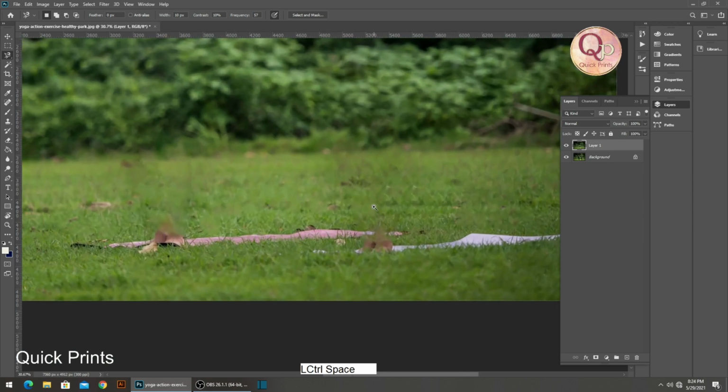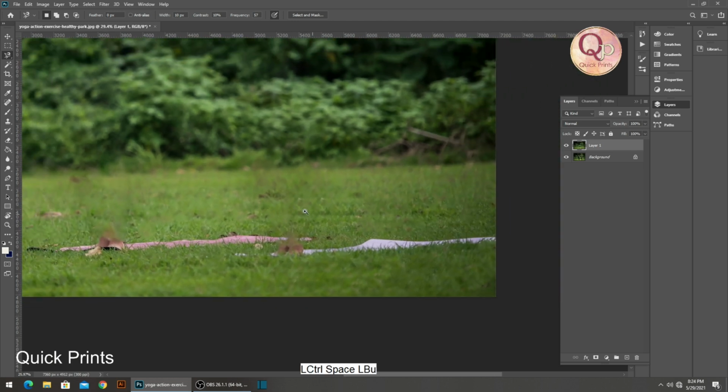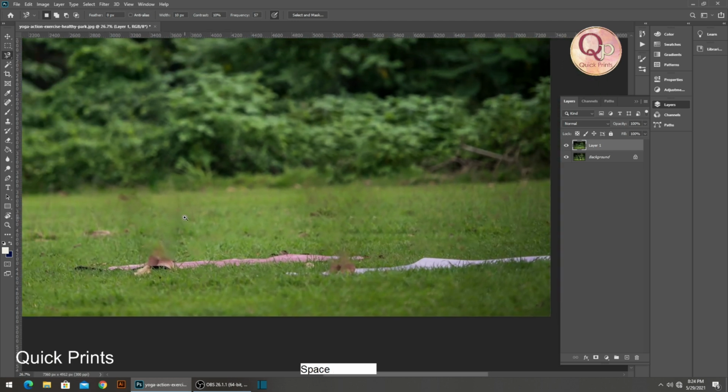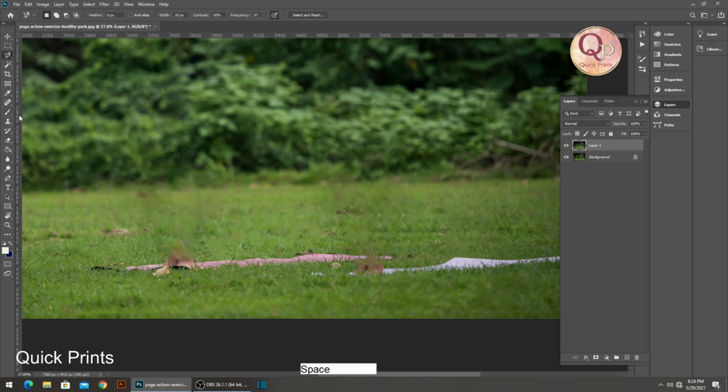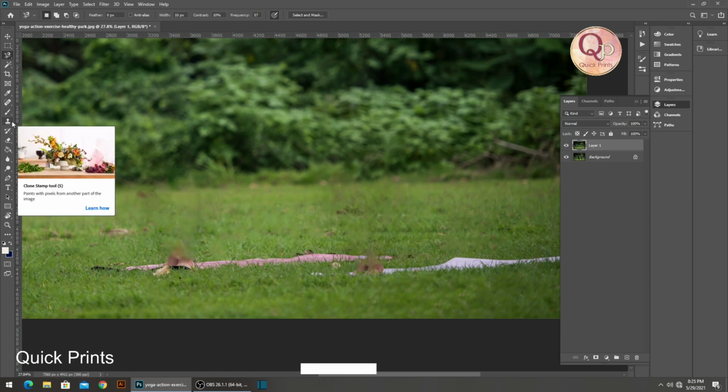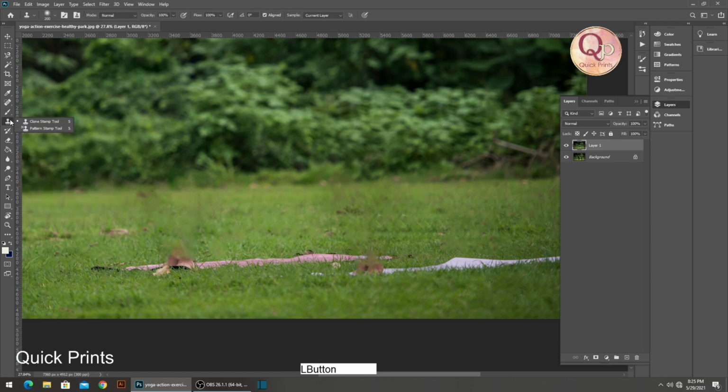So now what I wanted to show you, let's remove these two. Okay, let me fix these first. For fixing this, I'm using the Clone Stamp tool, right? It's very simple. Just press Alt and do it like this. Just take a random part of the area and do it.